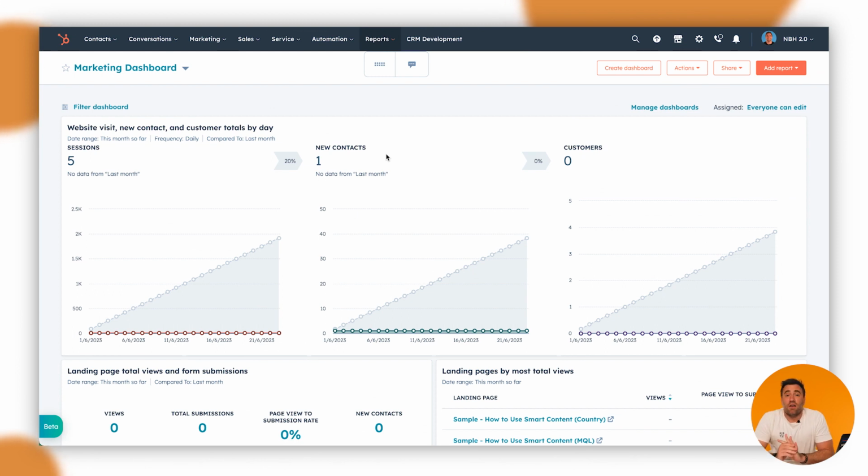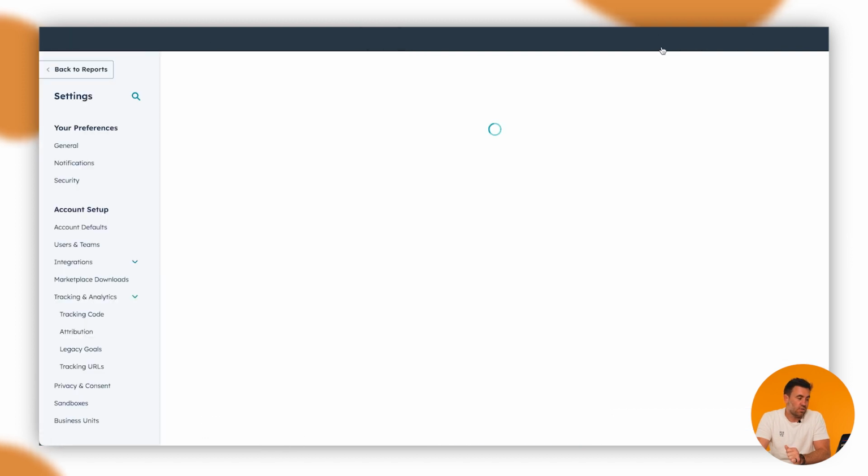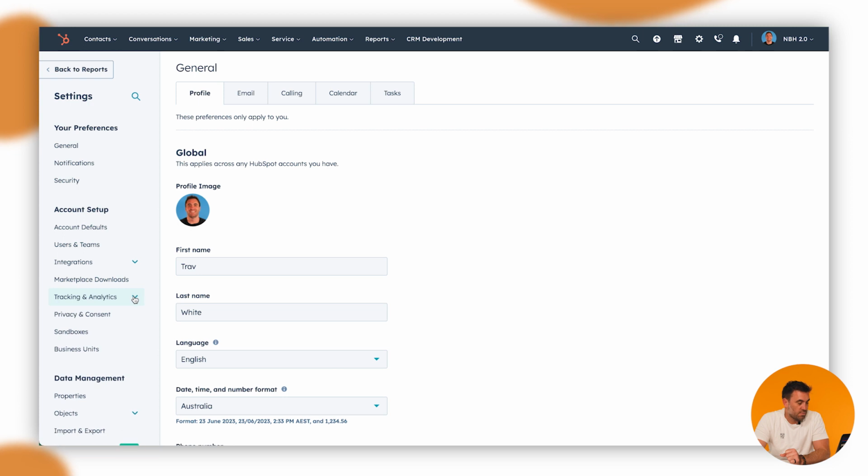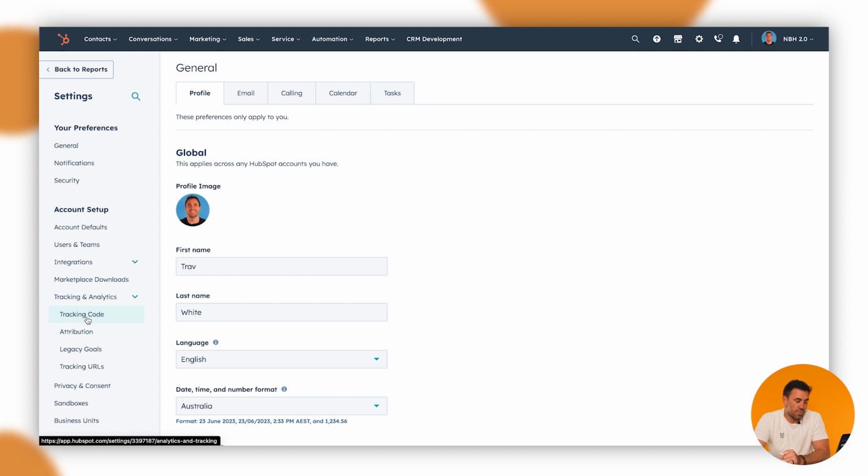So let's first find out where we can find the tracking codes. So this is kind of roughly what your account will look like. It might look like this. It might not have any data, but anyway, if you need to get there, just go up to the cog that you can see up here. If you click on the cog, it will take you to a page. You can sort of see this is my general page here. Down the left-hand side, it's already expanded here, tracking and analytics. This is where you want to click the chevron and it will go down and you'll see 4 different ones. The one that we want is the one at the top here called tracking code. We'll click this one here.